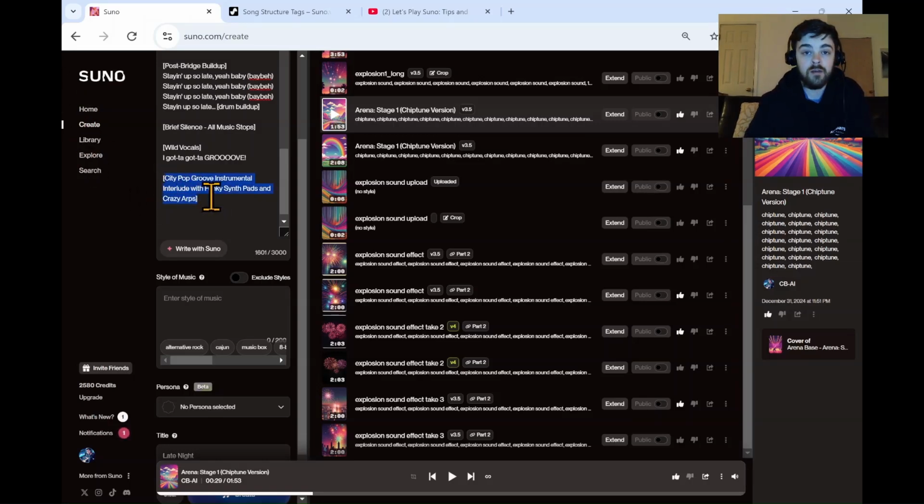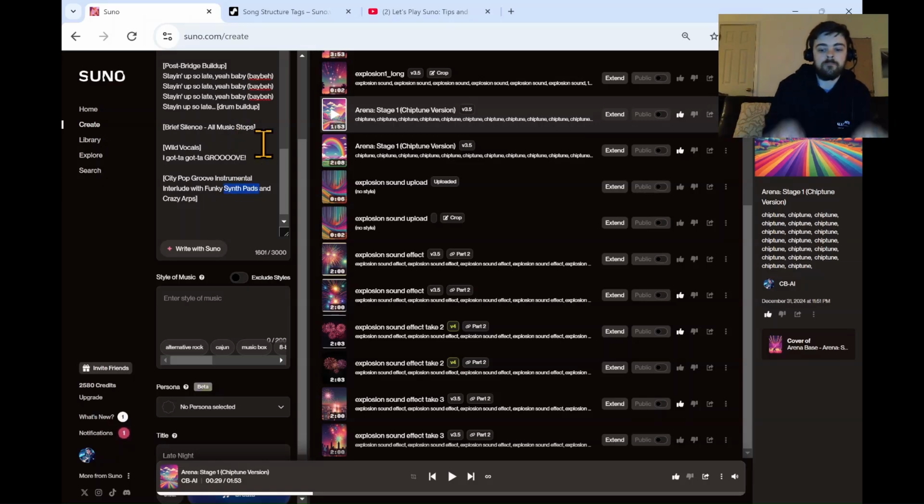So you can see I add a lot of tags there as well. Really, the key, like the base tag, if you want to call it that, is instrumental or interlude. But then I've got all of these descriptors in here, like city pop would be my genre. Groove is giving me style indications. Funky is also giving me style and rhythmic indications. And then synth pads is giving me instruments that I want to hear in there.